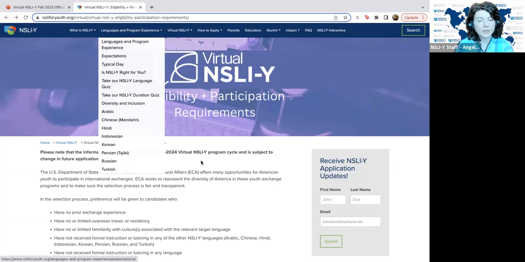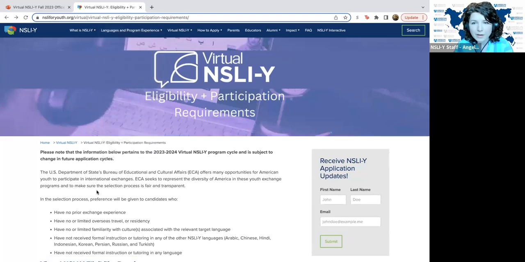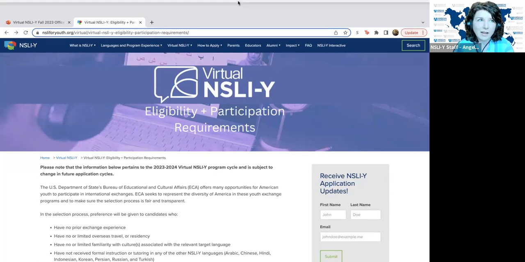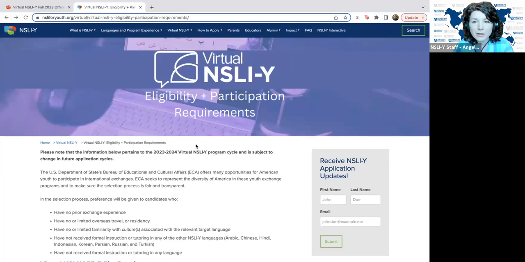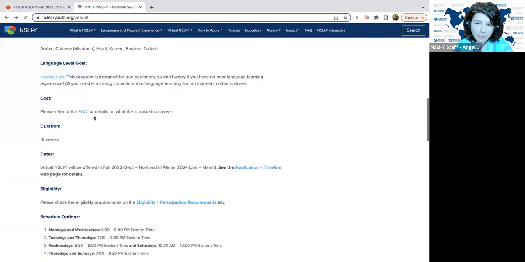Similar to my answer earlier about opportunities, if two students are equal, but one lived abroad for 4 years and had opportunities to learn one of these languages before, then we might look more seriously at the student who hasn't had that opportunity. But it doesn't make you ineligible to have lived abroad or to have studied abroad. We do ask because it is a factor among many factors when we're reviewing applications.